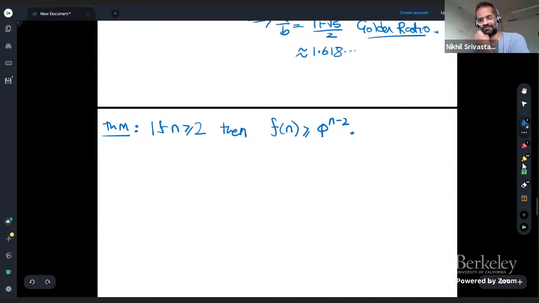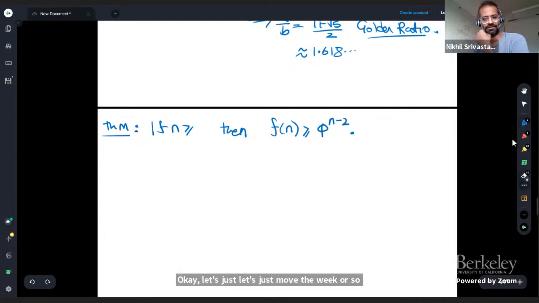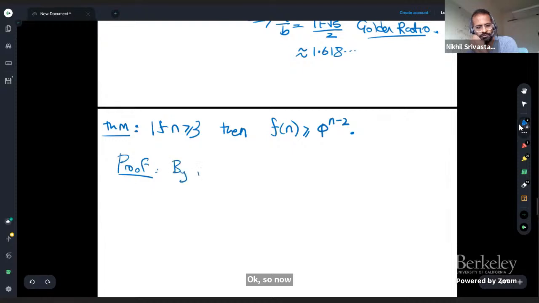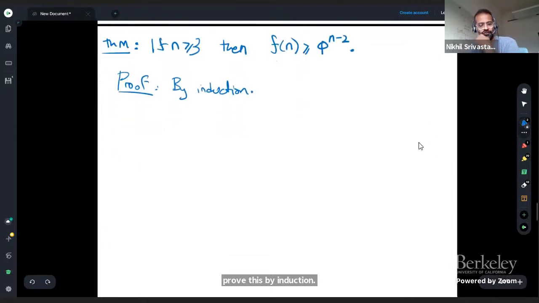Okay, let's just prove the weaker statement. That'll be certainly easier. Okay, so now we'll prove this by induction. Okay, so there's going to be a base case, a basis step,